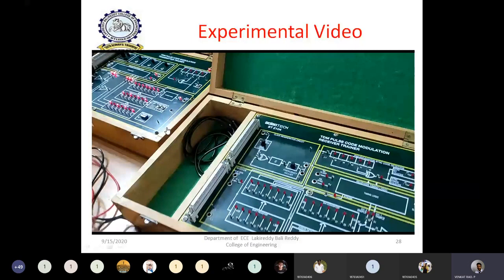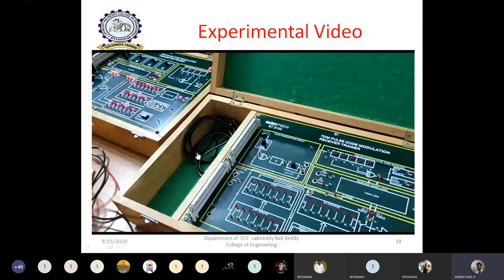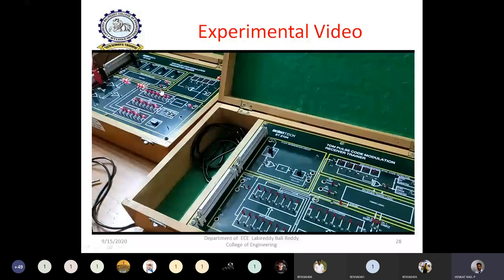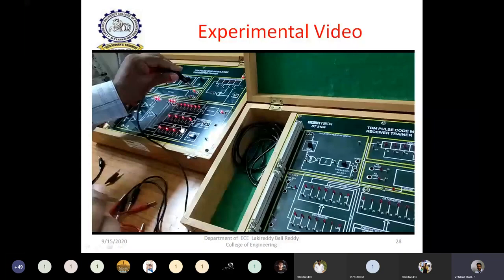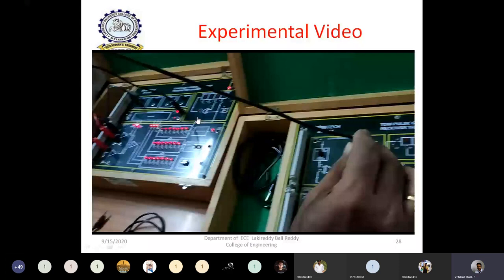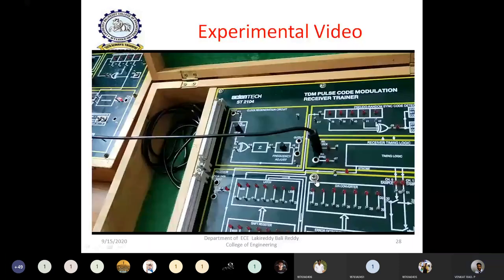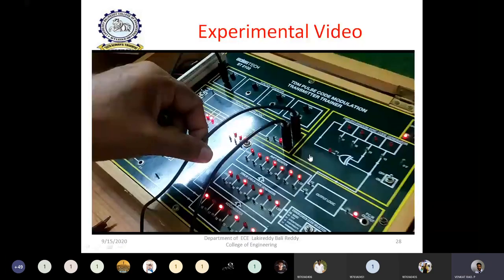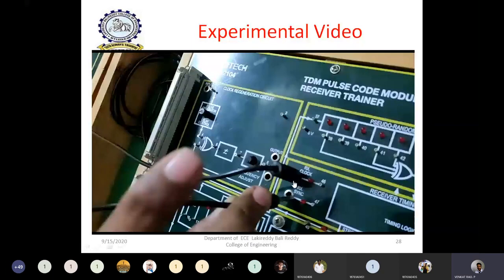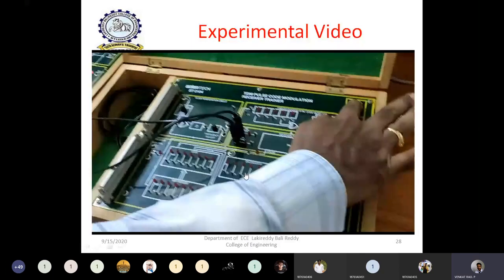So if you observe the connections, how they are made, these clock pulses are connected to this point. So observe the video. The clock pulses which are there in the transmitter side, the same clock is applied here. So the synchronized clock and transmitter clock, both are combined and applied from transmitter to receiver. Then only both the transmitter and receiver are synchronized. Only if both the transmitter and receiver are synchronized can we get the reconstructed waveform perfectly.